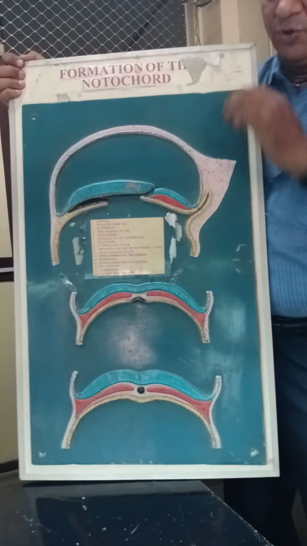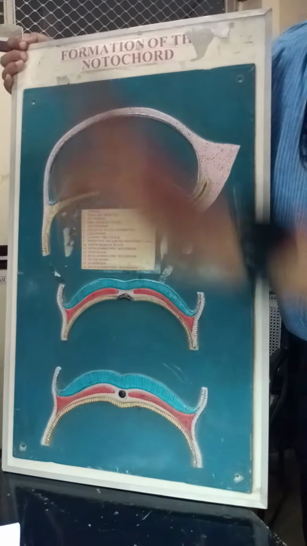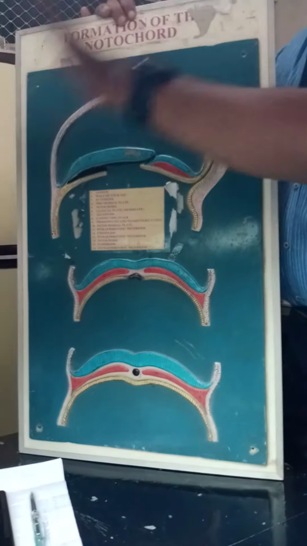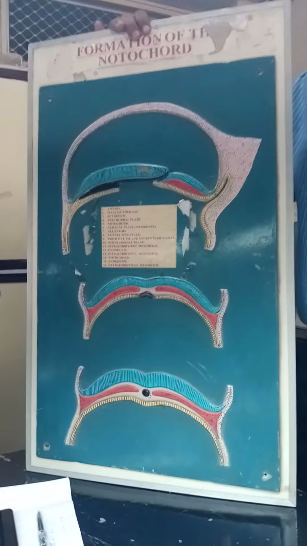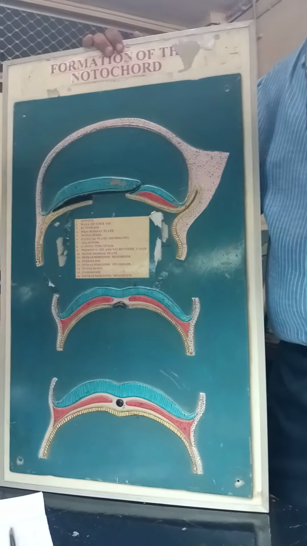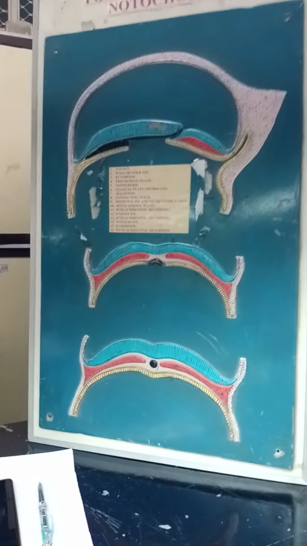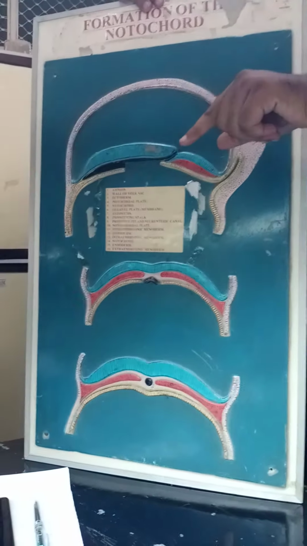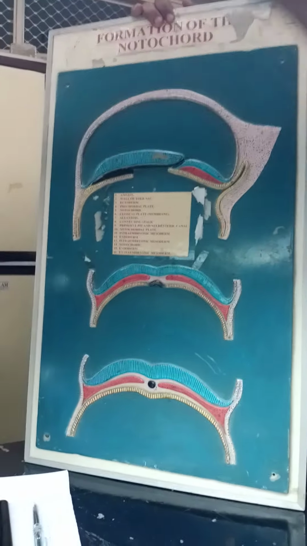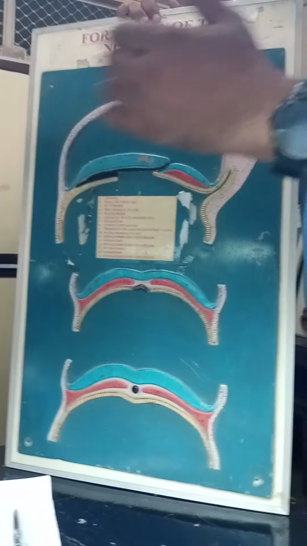What is the purpose of notochord? Purpose of notochord क्या है? It doesn't form any organ. Purpose of notochord is to form an axis. एग्जाम में आपको पूछेंगे what is purpose of notochord? To form an axis, and along that axis the neural tube will develop, and along that neural tube the nervous